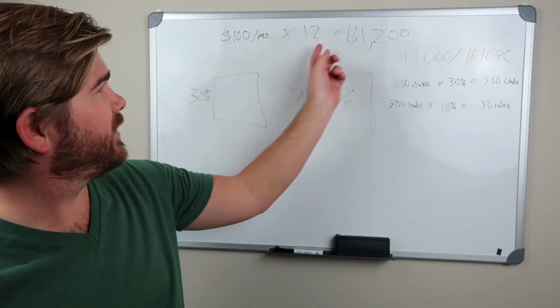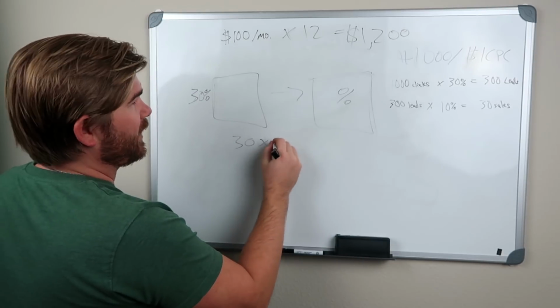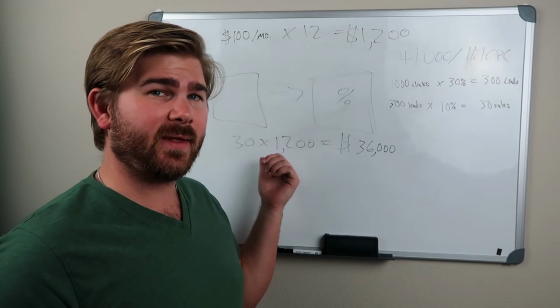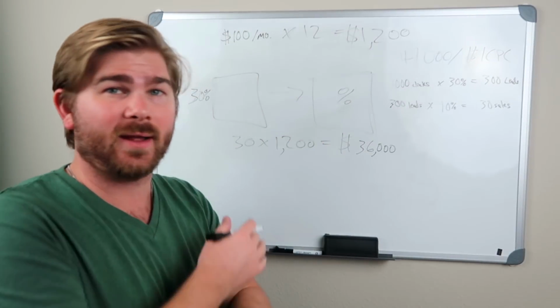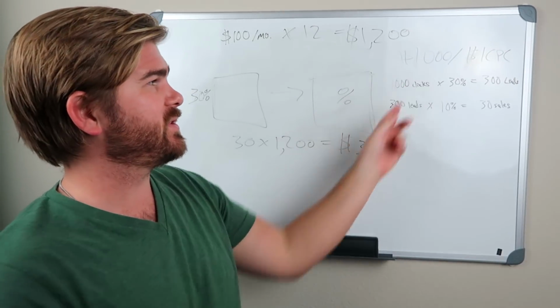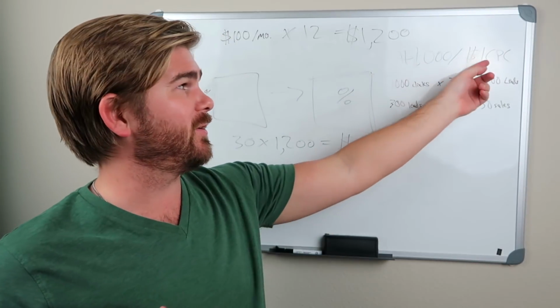So if we're averaging what, $1,200 per sale, what does that actually look like? 30 times 1,200, that is 36. So if you turn that into 30 sales at $1,200 per year on average, you're gonna have $36,000 worth of revenue. Now, of course, this particular thing, like having $1,000 budget to start and knowing that you're getting $1 cost